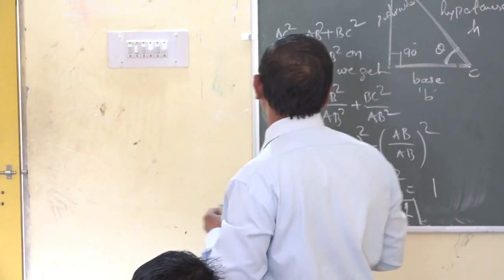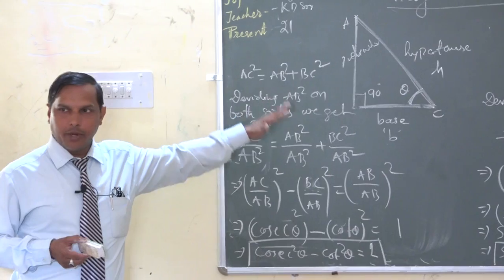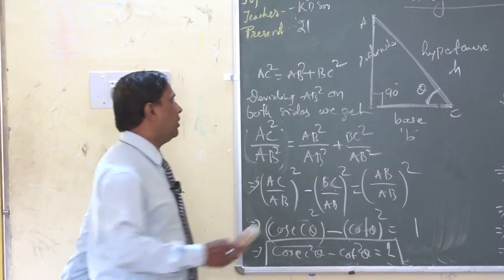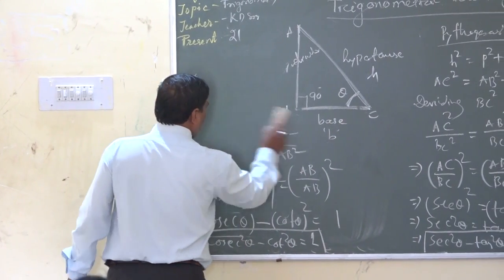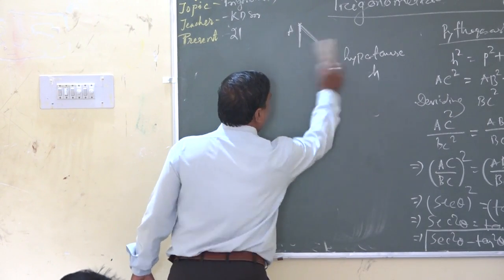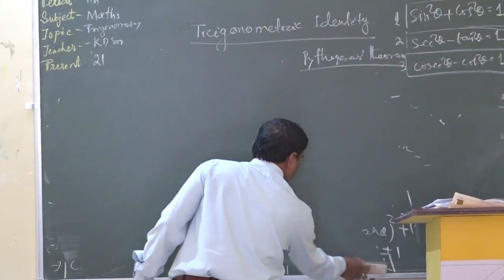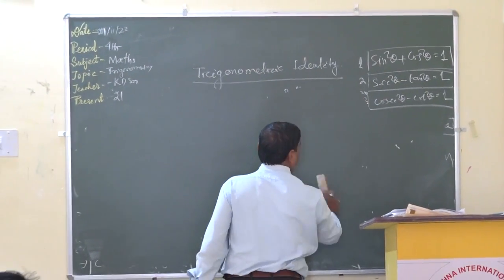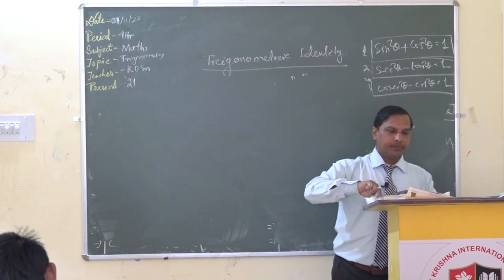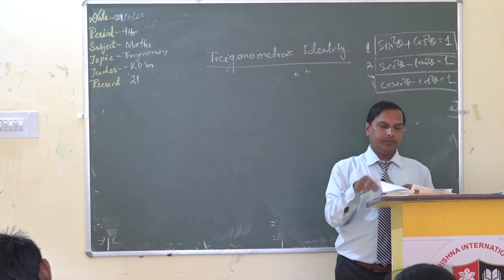So we can go for one example now from your books. So I'll erase all these things. Now we have got all three identities. Fine. So we can go for one problem to solve. Okay, I am giving one question to you from the book. So you can go for it.